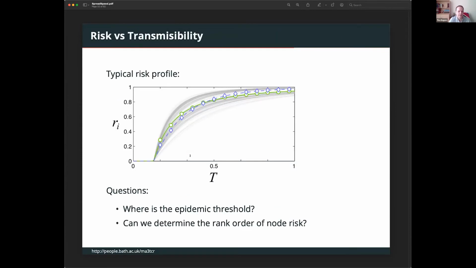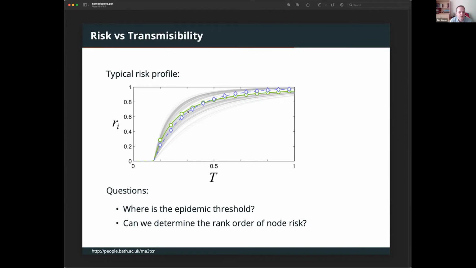And right, here's the key picture. This is a typical kind of result you get from analyzing risk in a standard randomly generated network. Here I've got a network with something like 500 or 1,000 nodes, and I've considered various different values for this transmission parameter t. For each of those, I've calculated for each node what its risk is, and those are these little gray lines here. So every node has its own little profile that describes how its risk of getting the infection increases as the transmissibility gets higher. The things that stand out in this picture are firstly this threshold down here: there's a special value below which risk is basically zero, and then suddenly it explodes. And the other key thing is that